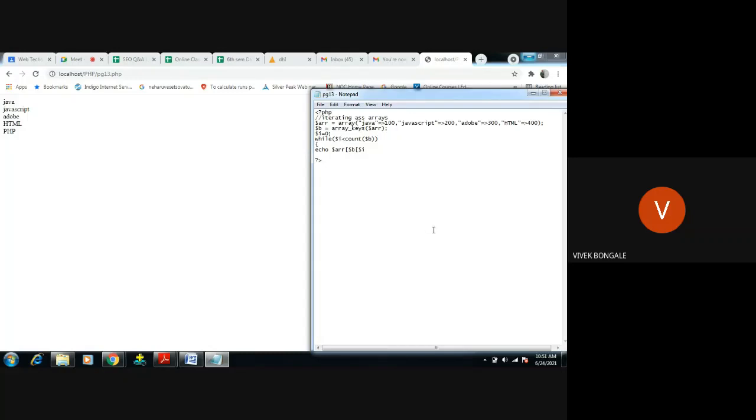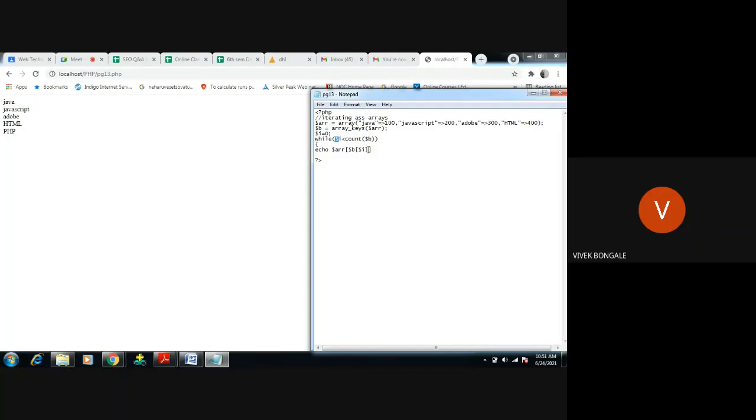In $arr we got these values, but the key values we have in $b. So the 0th value is 100, the first value is 200, then 300, then the fourth value is 400.